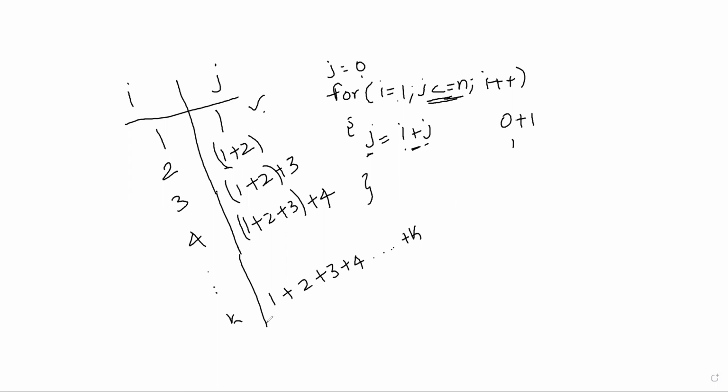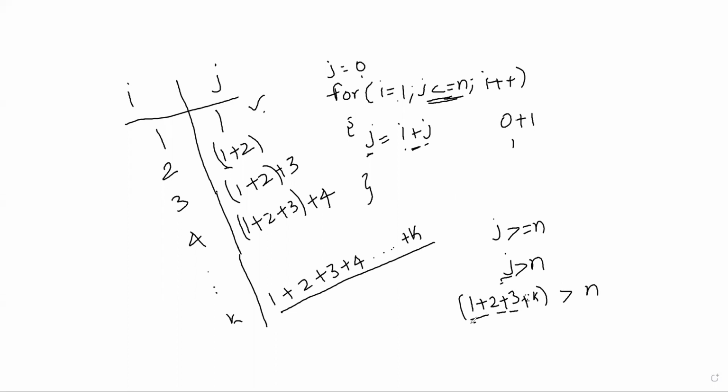Aravind? Raj? Yes. Okay. So what happens now? When the condition breaks, j is greater than or equal to n. For simplicity's sake, let's take j is greater than n. So what is the value of j? This entire thing would be 1 plus 2 plus 3, and so on till k, greater than n, right? So what is the sum until k?